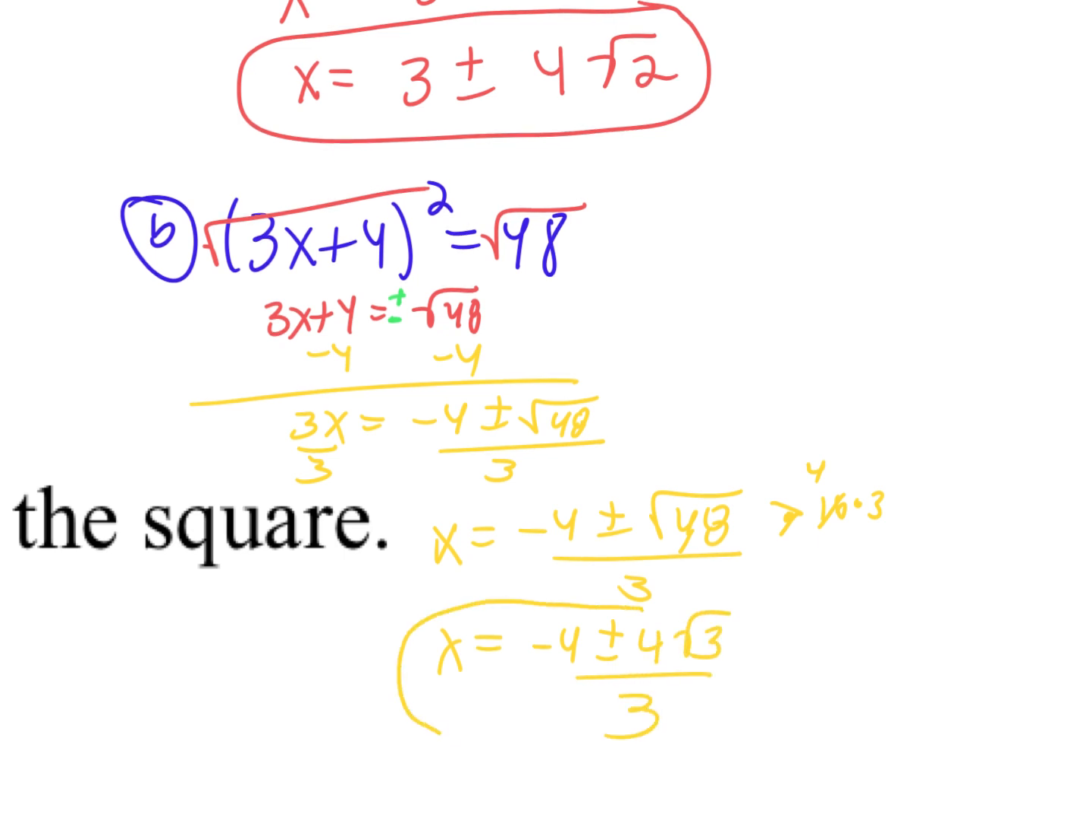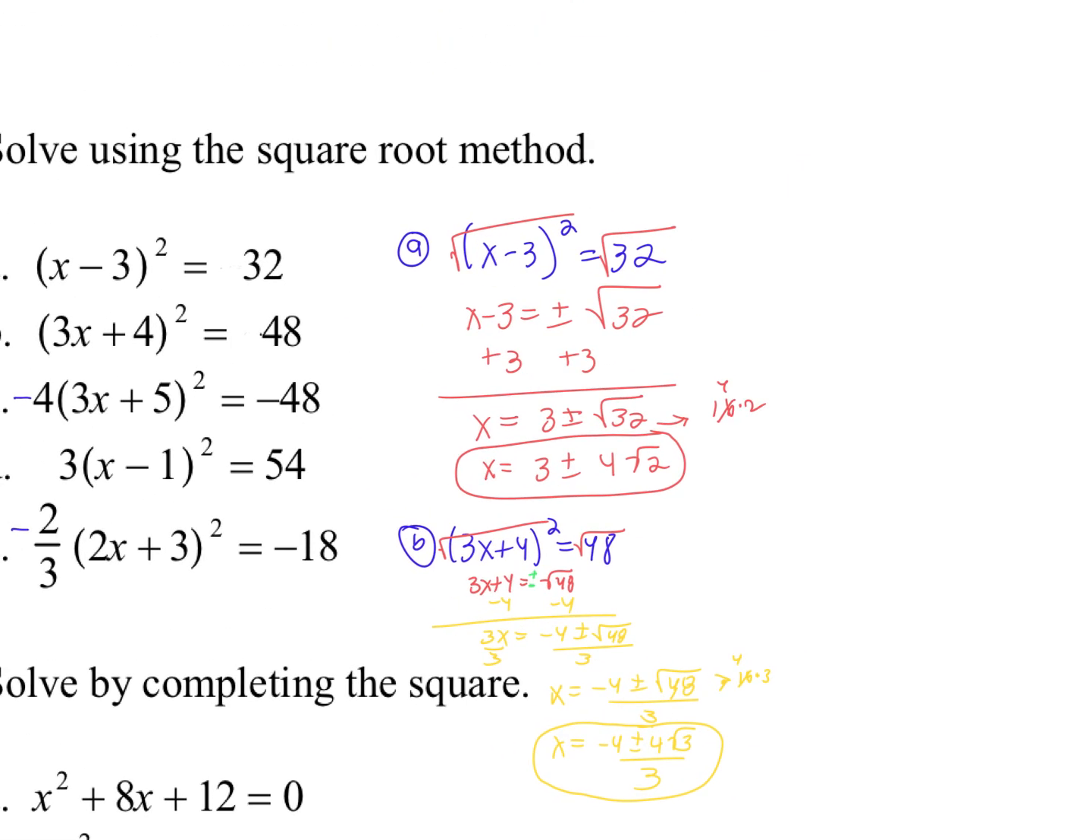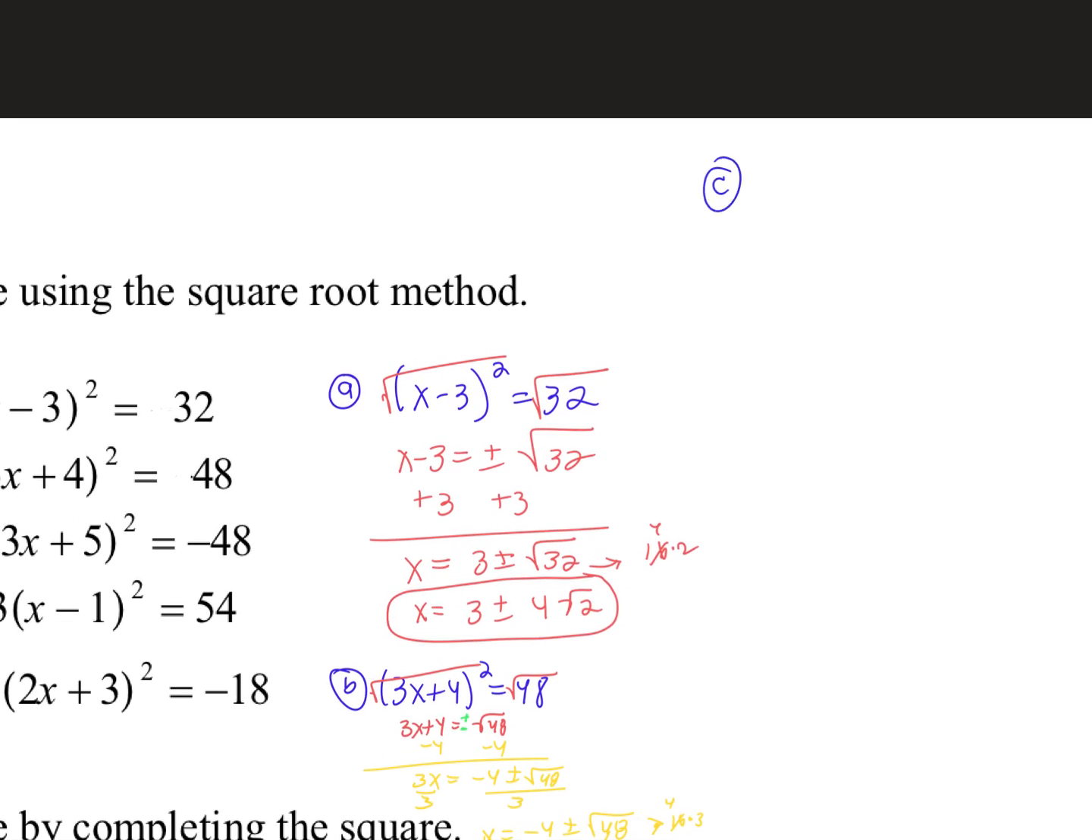And there's your answer. If you want to write it separate, like negative 4 over 3 plus or minus 4 root 3 over 3, you can, but you don't have to. All right, let's look at letter C. I'll do C up here. So C says negative 4 times 3x plus 5